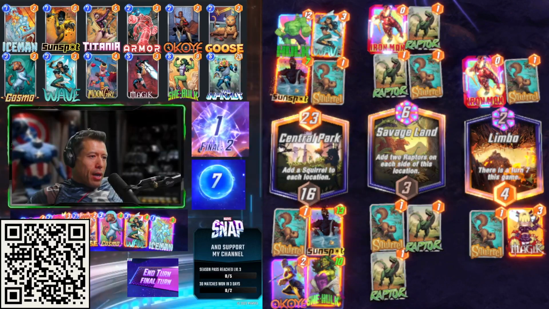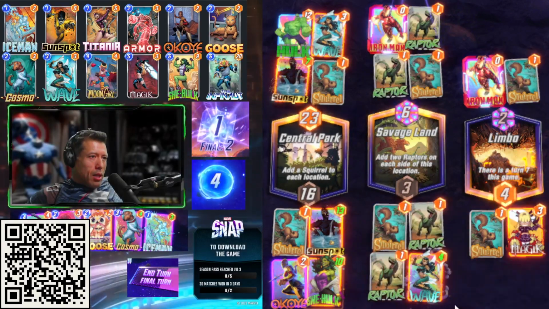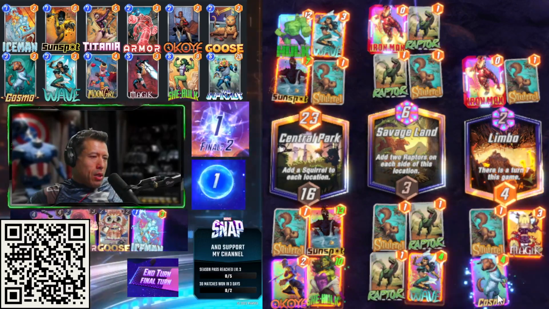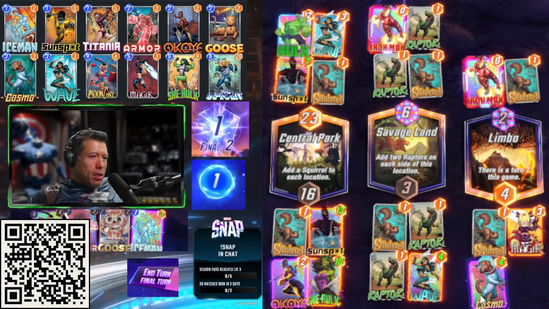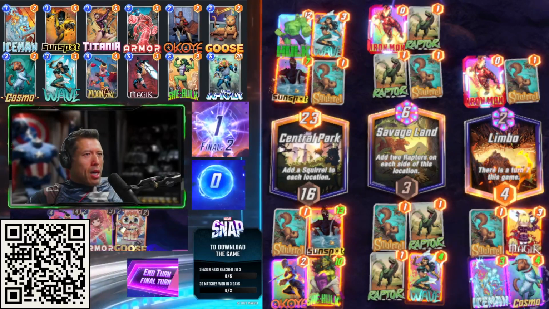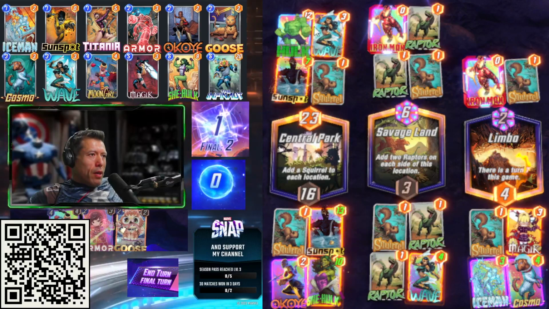We play for that. That gets us the win there. And I think we need to Cosmo here. And finally, just Iceman. Actually, it doesn't matter. Iceman, Cosmo, they have the tempo. And if they do nothing,